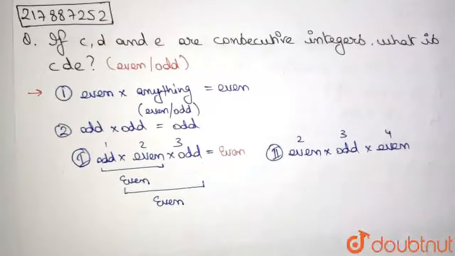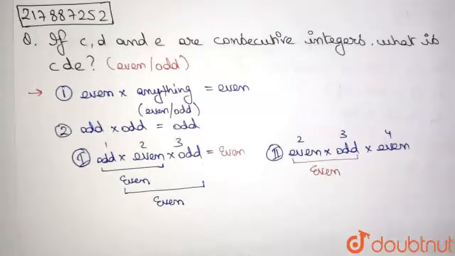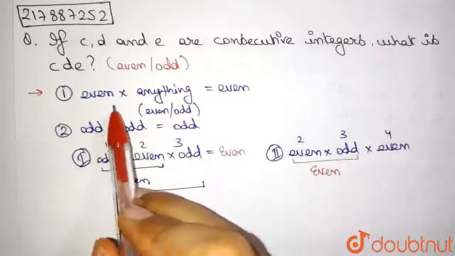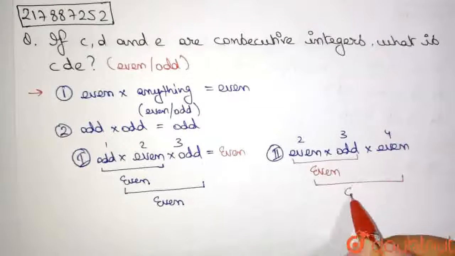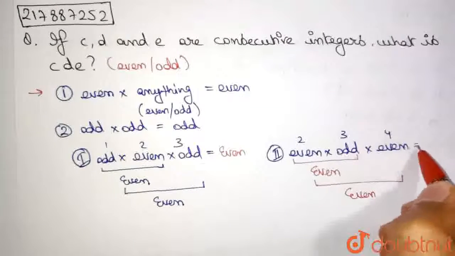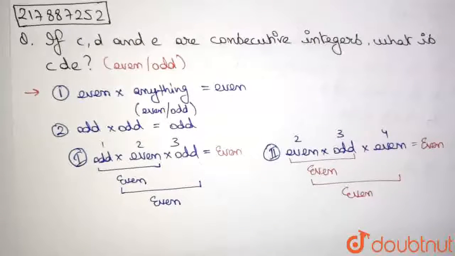Once again, if we talk about this case, we have even into odd. So this is definitely going to be even. And even into even, so even into anything, they both are even, right? So both will be multiplying and giving us an answer which is even. So this is equals to even, no doubt, right? So in both the cases, we actually see by using the first two properties that even is the only answer that we achieve.